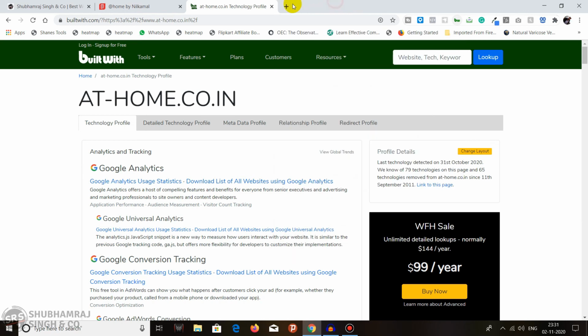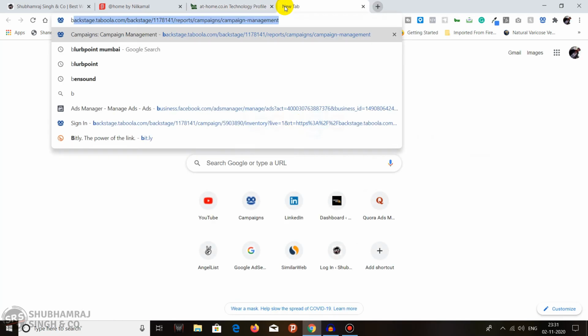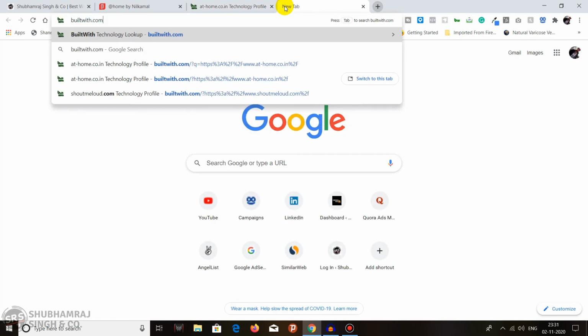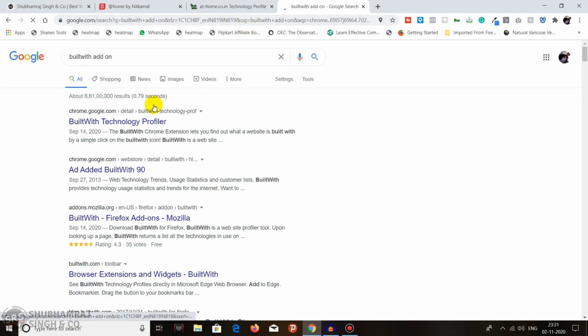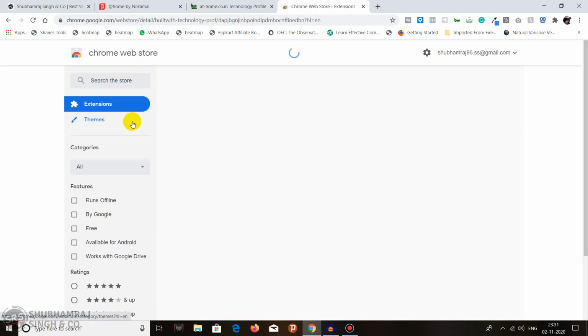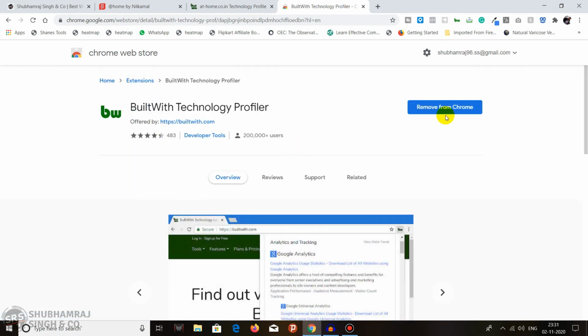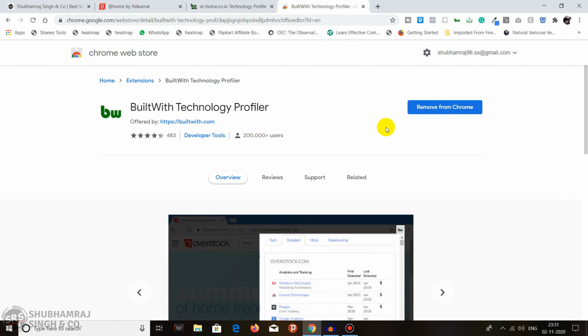If you want to install the plugin, you have to search for BuiltWith add-on. You can see the first result is Google Chrome. I have already installed it. If you want to, you can do it with a single click.